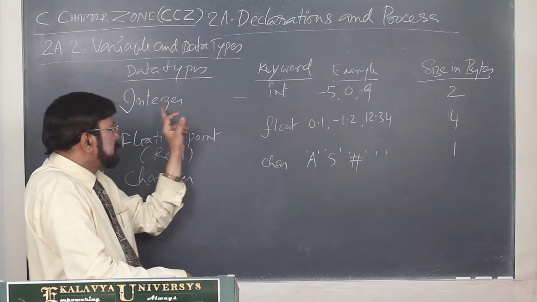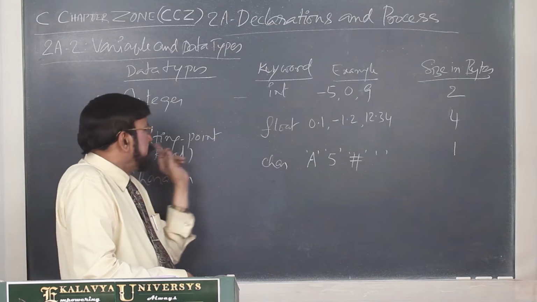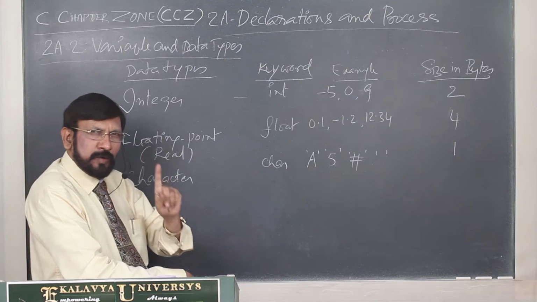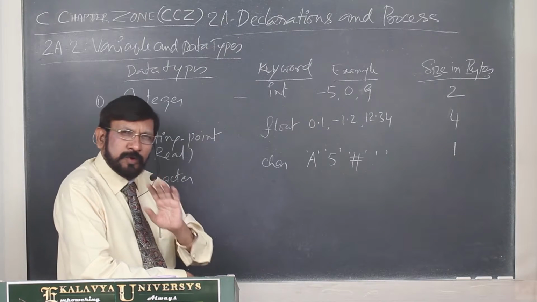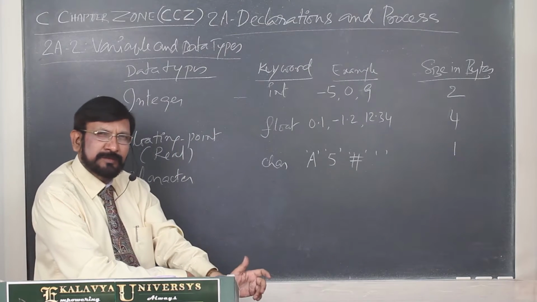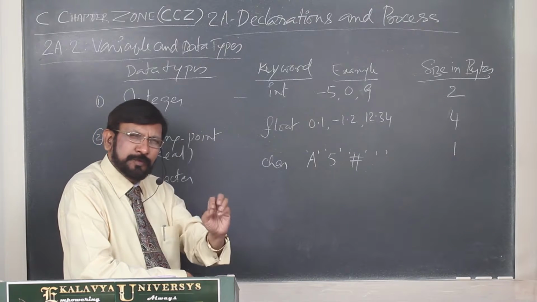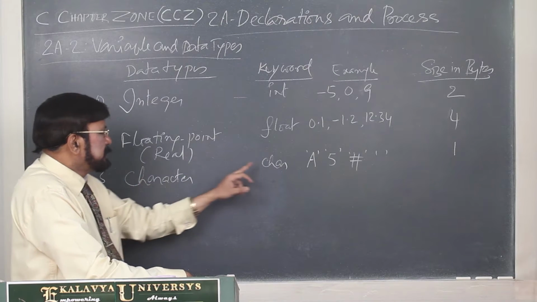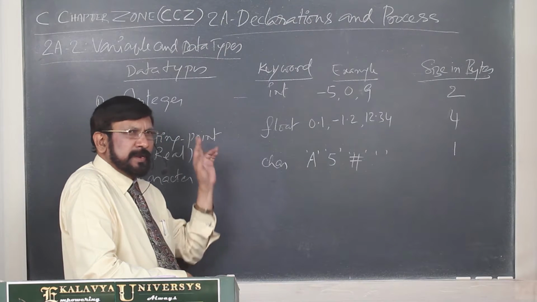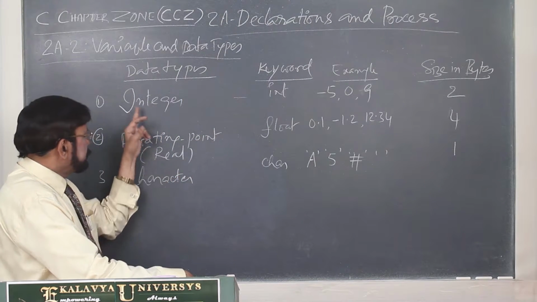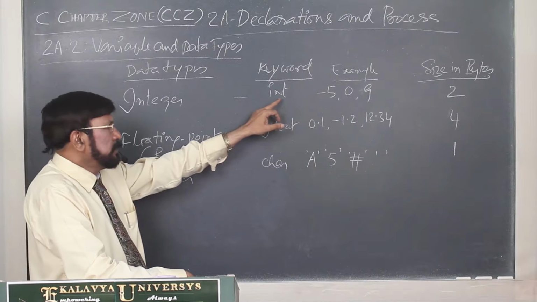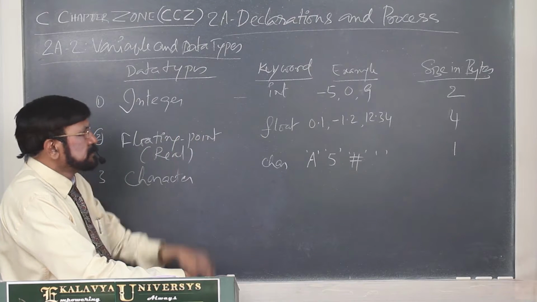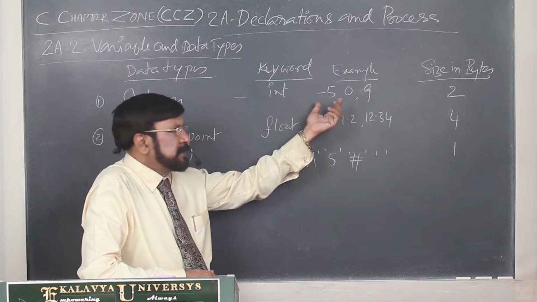So you must represent integer as int, floating point as float. All these keywords are in lowercase. Already I told you, most language-oriented terms are in lowercase, except a few. All are in lowercase. Next, character is represented by char. So whenever you have to represent these types in programs, for coding purposes, you have to use these terms. And the examples were already explained to you.